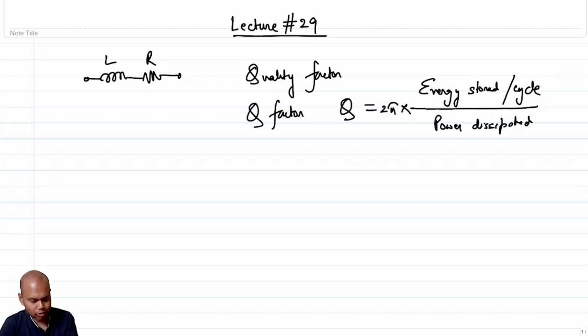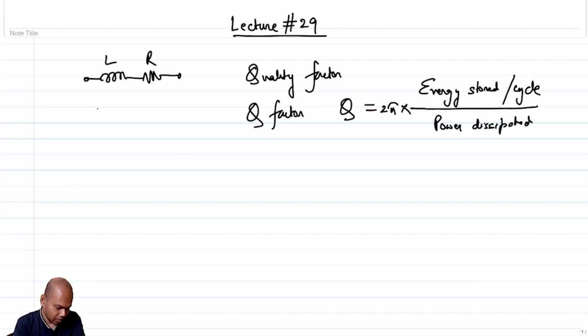But having the 2 pi or not having the 2 pi doesn't really make too much of a difference with respect to the intuition of what a Q factor should be, right? Naturally, we expect the power dissipated in an inductor, that is the loss due to the series R, should be much smaller than the energy stored per cycle, right? So if I do it in time domain,